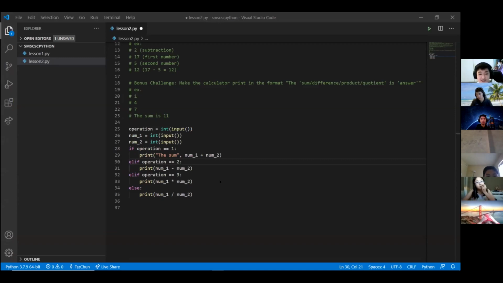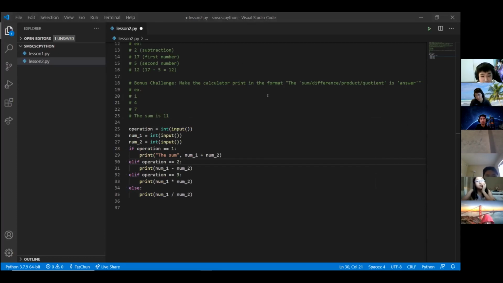So there's still some limitations to this calculator. First of all, it only has 4 functions. It doesn't have exponents or anything like that. And there's also a way you could get around it if you type in input that's not 1 to 4. Like if you type in 5, it will still do division, because I had an else statement here.